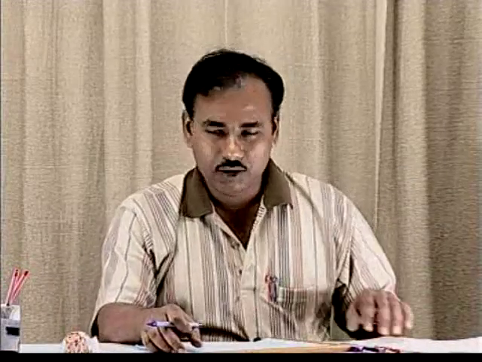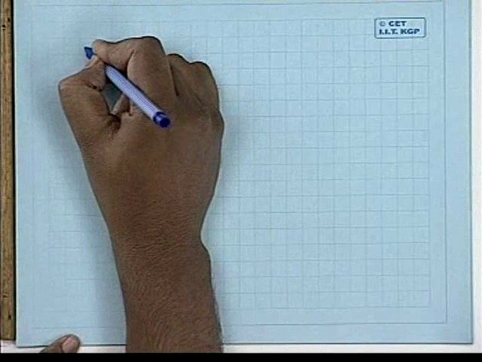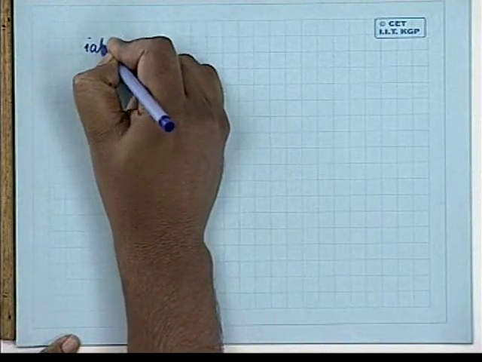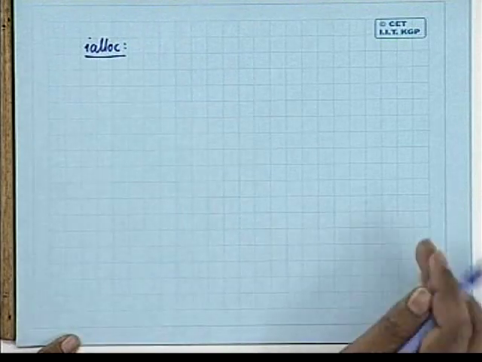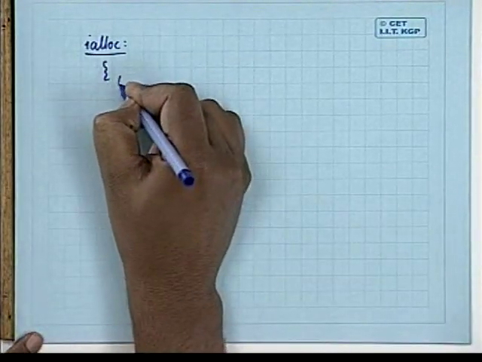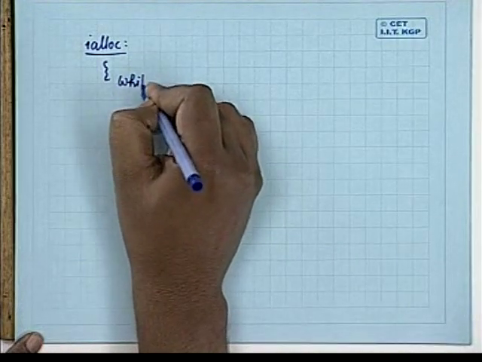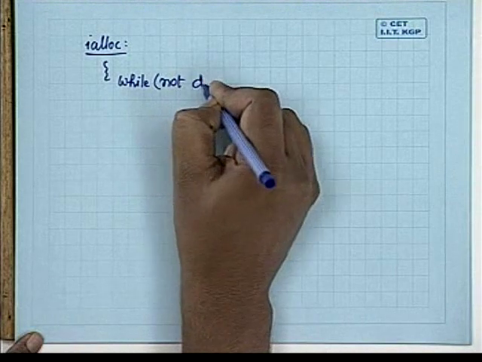So effectively the algorithms will look like this. In the first case, when I have to allocate a new inode to a newly created directory or a newly created file, the algorithm will be called IAlloc, that is, allocation of a new inode. So the algorithm will be like this: while not done,